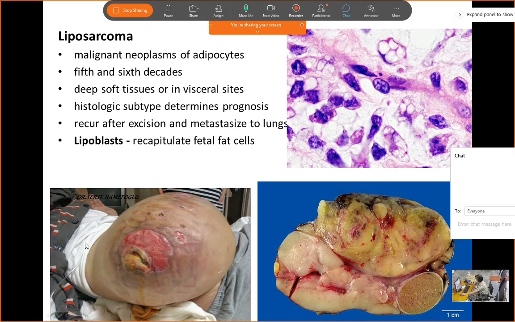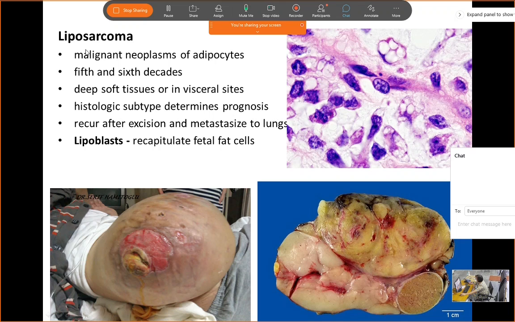This, you can see, is at the waist of the patient. It's a huge tumor, and because of the pressure effects the skin has ulcerated and the tumor is becoming necrotic. It's coming out because the vascular supply is not adequate for it. This is what happens with rapidly enlarging tumors: the vessel proliferation cannot keep up, which is why you get areas of necrosis within the tumor. So this is a malignant neoplasm of adipocytes, appearing in the older age group, 5th to 6th decade.